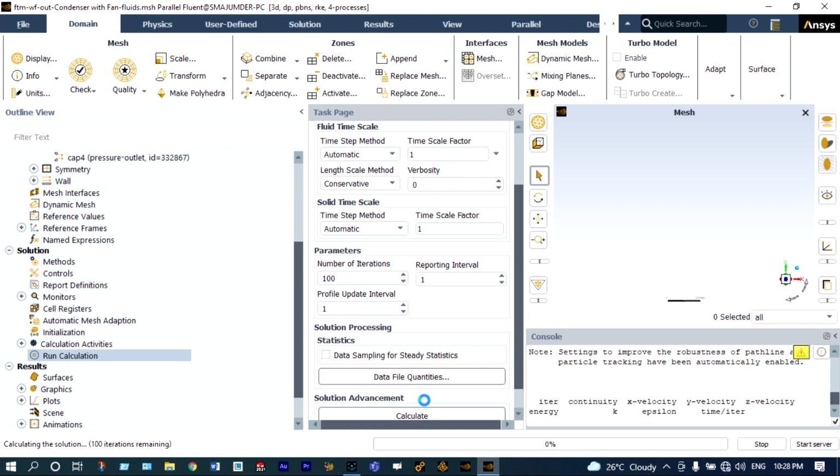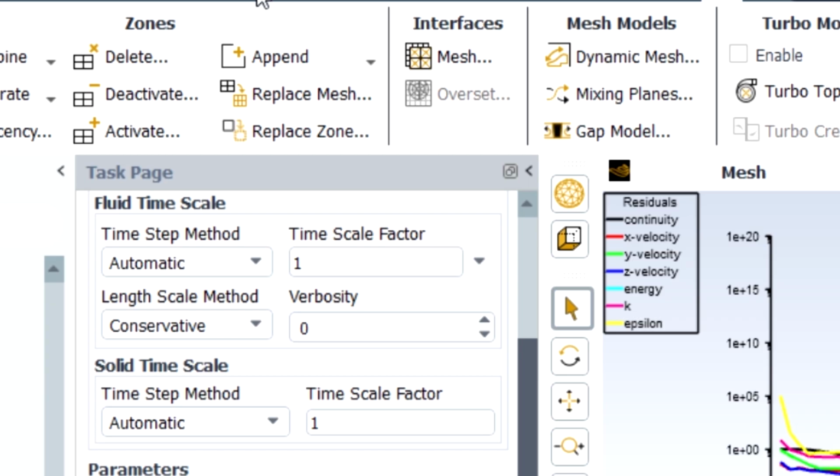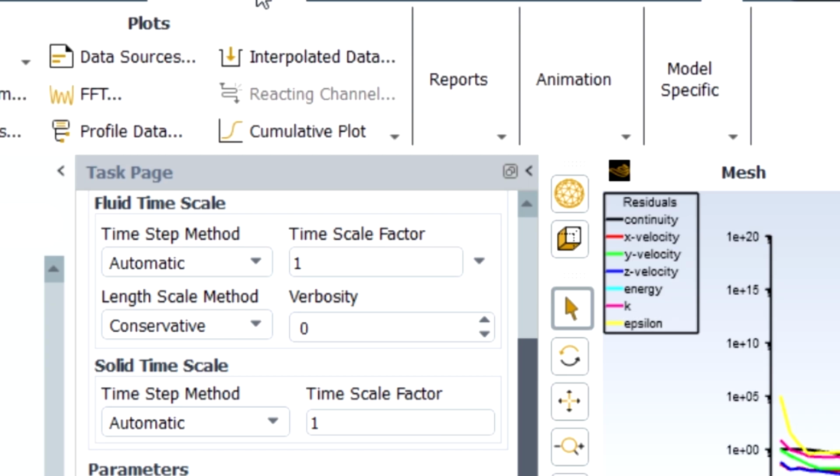Let the iterations move on. Whenever it is finished, we'll see the results and go for detailed analysis. Okay, calculation is complete. Next to that, we need to see our results, and results will be viewed from reports,